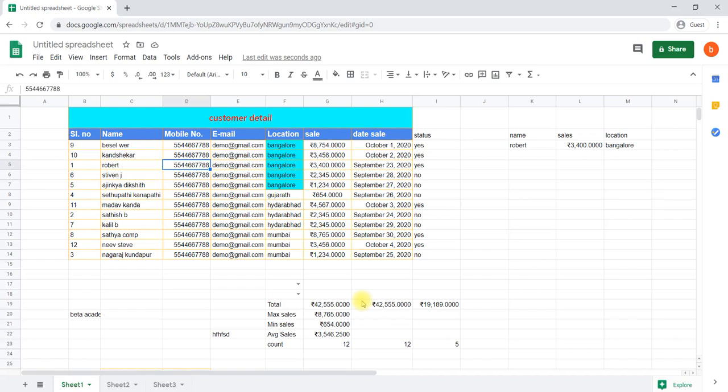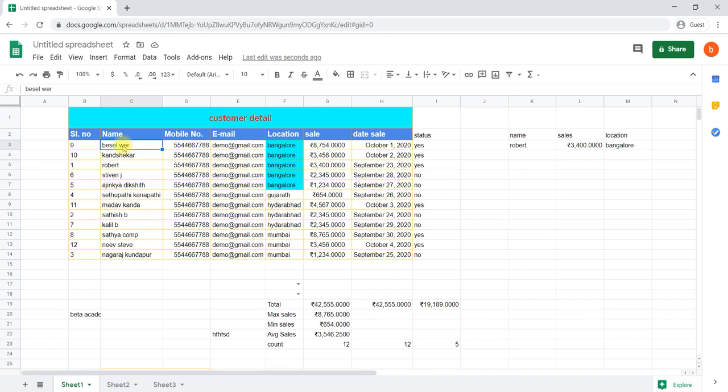Okay, here we have data related to the customers, and for the customers who haven't paid a due. For example, this particular customer hasn't paid a due. I would like to write a note on that. Whenever I select that particular cell, that note should be shown, showing how much due he has.